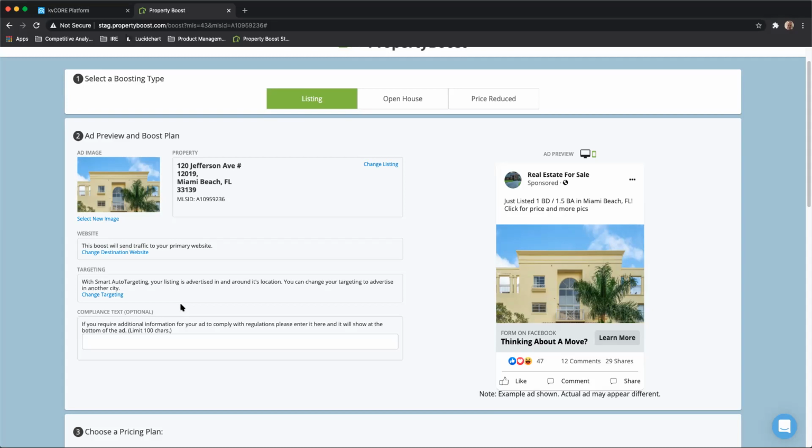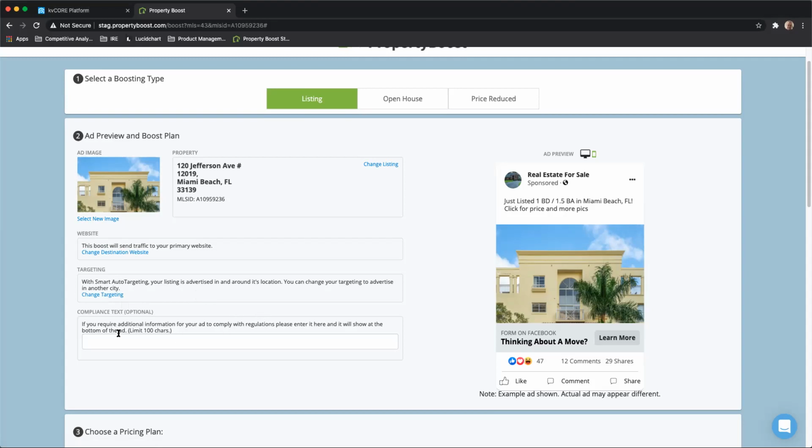But if you have a property that maybe is prime for a recreational property or a second home, lakefront, beach house, that kind of thing, you can actually change the targeting to target this listing in another city. So maybe this one here is in Miami Beach. Maybe I want to promote this to people in the Northeast. I can choose a city somewhere else, and maybe this is ideal for somebody to buy a property for